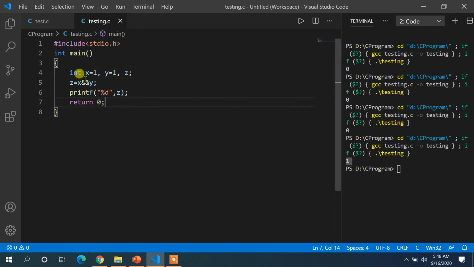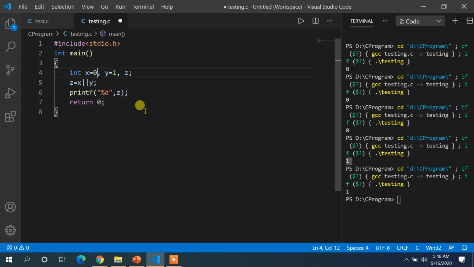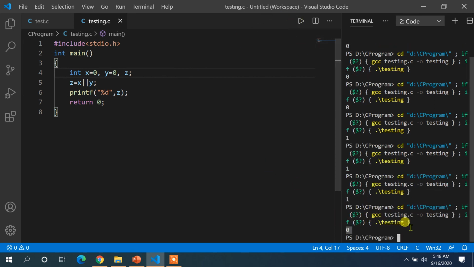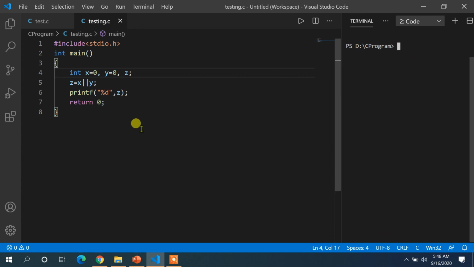So you can test it for the OR operator also. Let's say this is your OR operator, and if you execute it, what will happen? Both the inputs are 1, so the answer will be 1. Similarly, if any one input is 1, the output will be 1. So let me run it. You can see the answer is 1. Similarly, if both the inputs are 0, you can see the answer is 0 over here, right? So I'm thinking that you are understanding the concept.